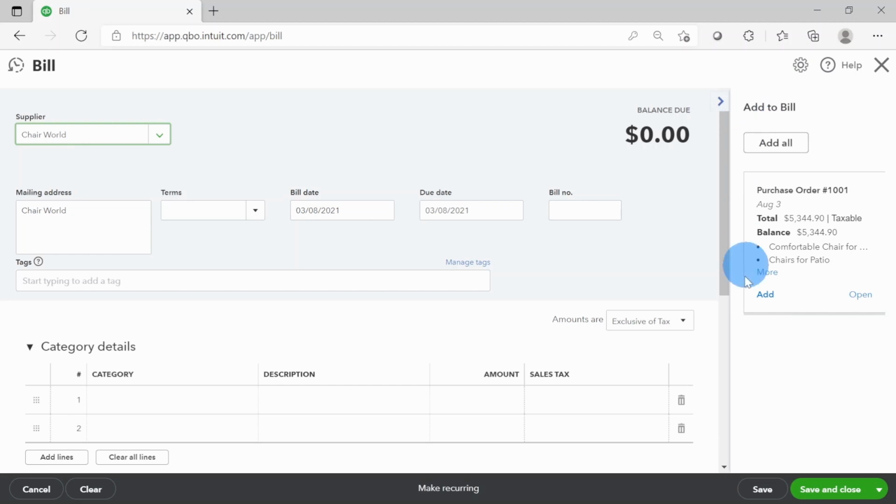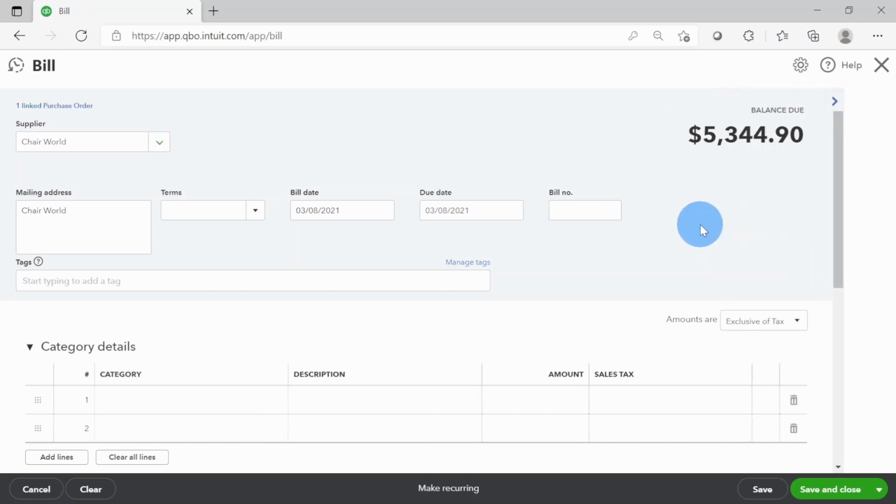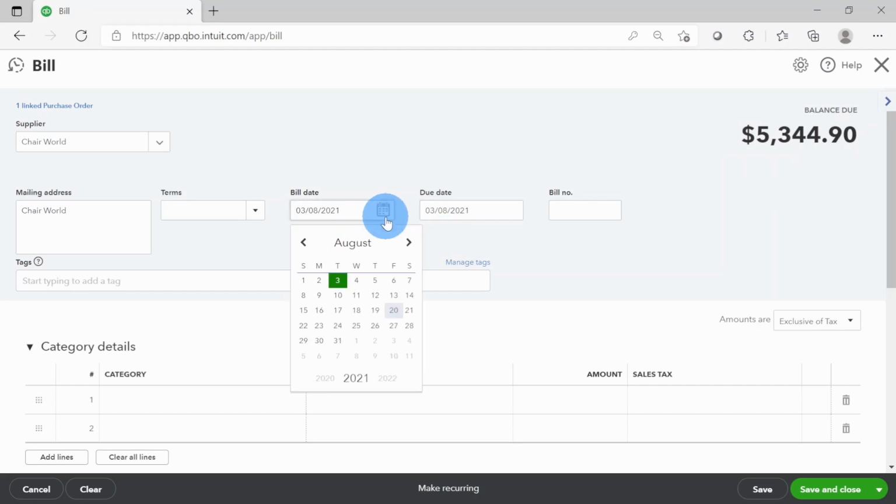QuickBooks will show you in this particular pop-up over here that add all. Either you click on that or you click add, they will do the same thing. Let's see if I click on add like this, whatever information we have in that purchase order is going to be transpired over here. So we have the total value coming in, the bill date is shown, so I'm just going to put in the date as an assumption that, let's say, we received the amount, the goods on the